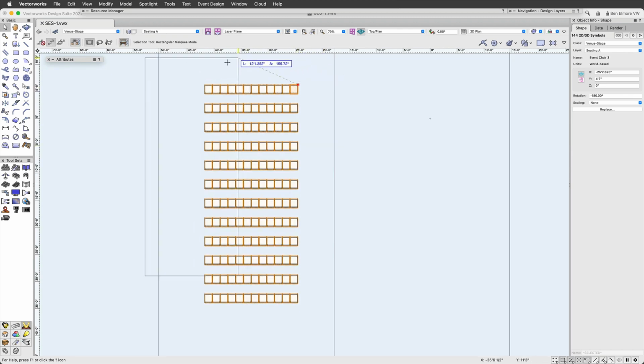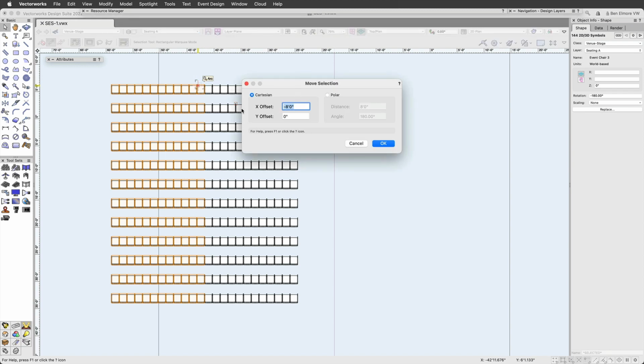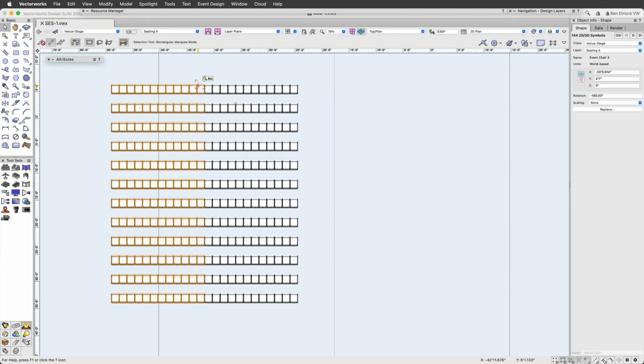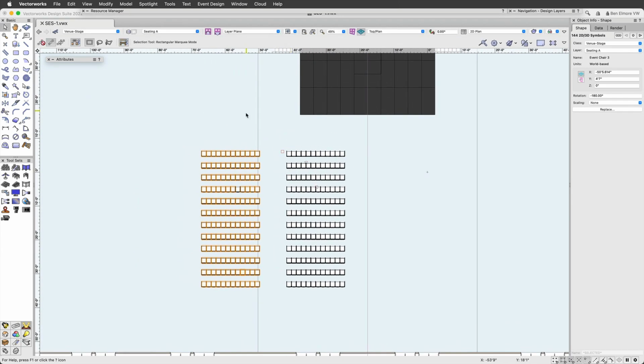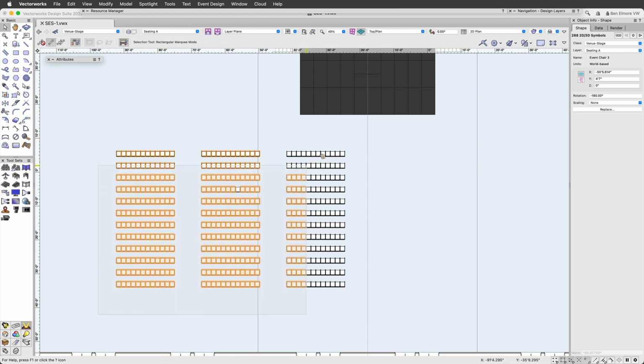Now if I wanted to duplicate that cluster, I might do something like Alt drag or Control drag on Windows, Alt drag on Mac to create a copy. And then I could do a Command M, which is move. And if I wanted an 8-foot aisle, I could say -8 feet. Boom. And then if I wanted to duplicate that section with that spacing, maybe I go back to my Move by Points tool. Maybe I tell it I want 1 duplicate. And we want to go from that insertion point to that insertion point. And there you'll see we have